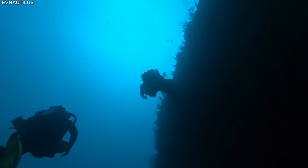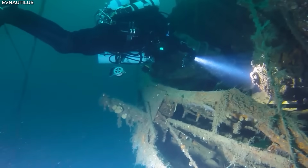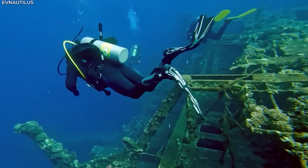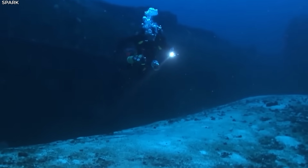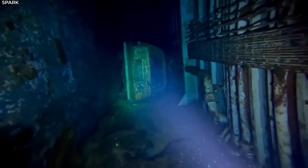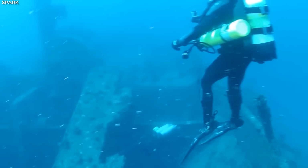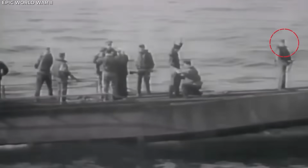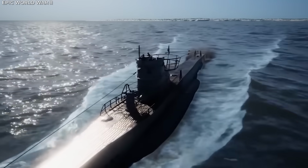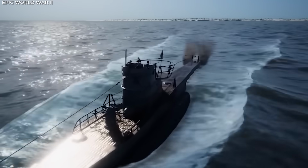It's terrifying to think how many other submarines, ships, or even whole units from that war and others are still sitting somewhere unknown, their stories buried under layers of silt and secrecy. With each one we find, we don't just add to history books, we make history more real, more human. That's why this story matters. Not because it's dramatic, though it is, but because it's a wake-up call. It reminds us that there are always more layers to the past,